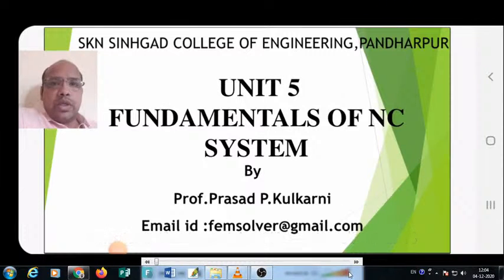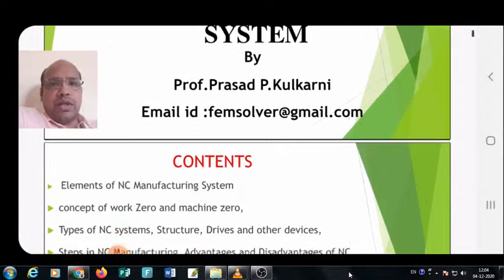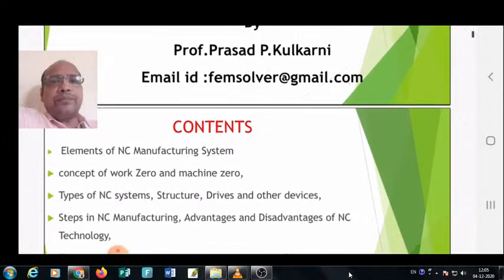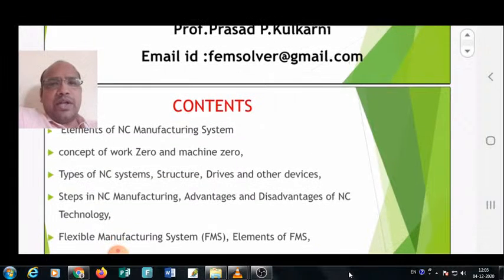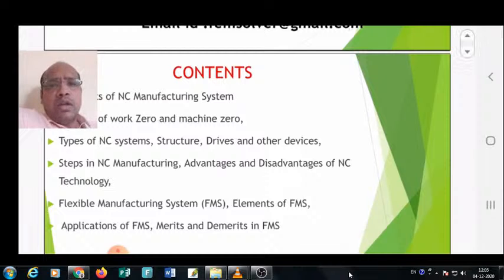Kulkarni. Today we are going to learn chapter number 5, Fundamentals of CNC System. In this chapter we will understand what is meant by a numerically controlled system, and the contents of the chapter are elements of CNC manufacturing system, concept of work zero and machine zero, then different types of CNC system we will learn, structure of CNC system, then different drives which are used in CNC system and their devices also, detailed